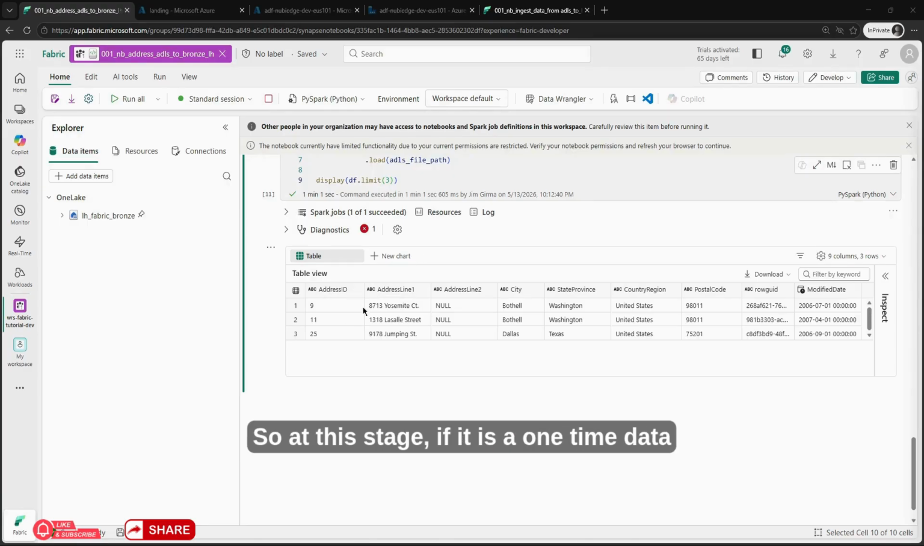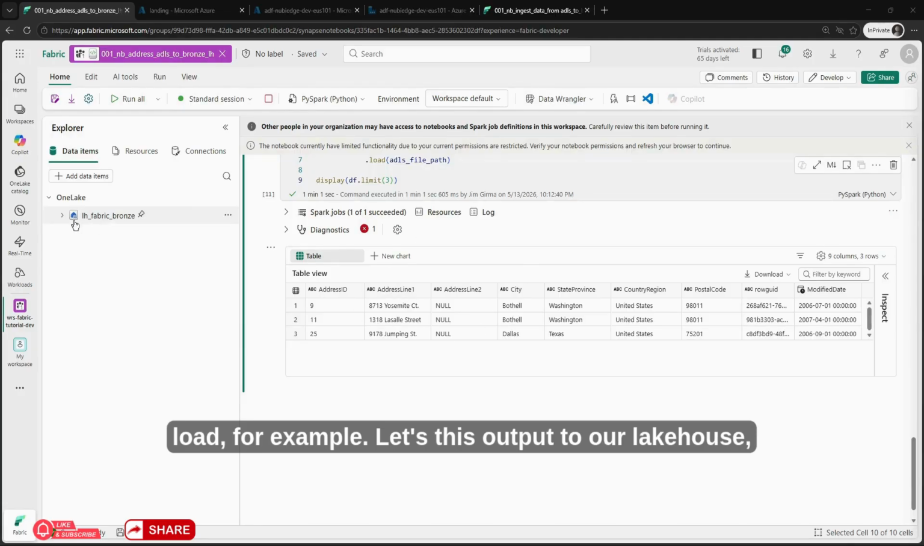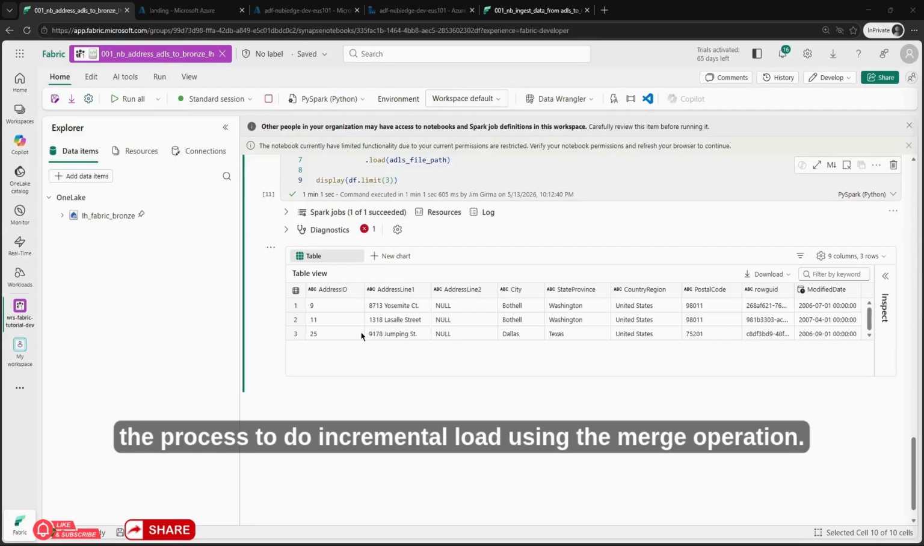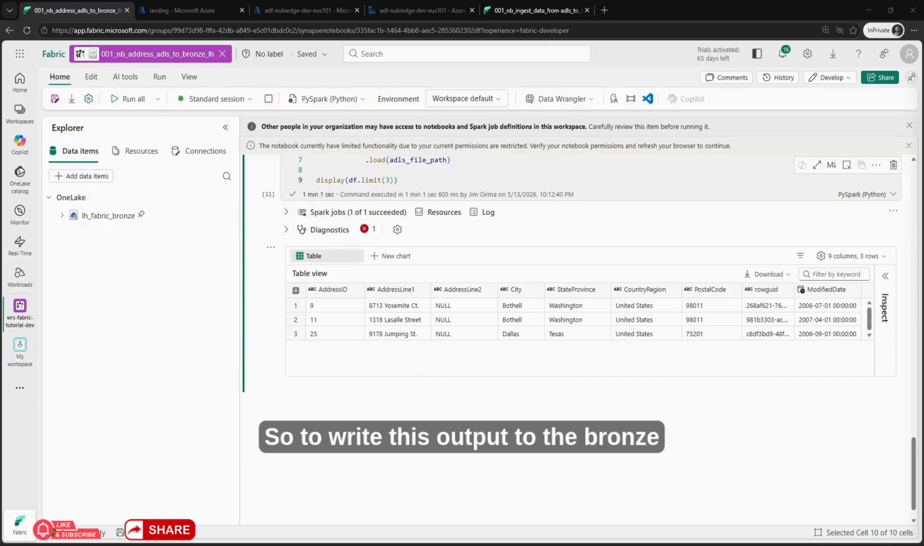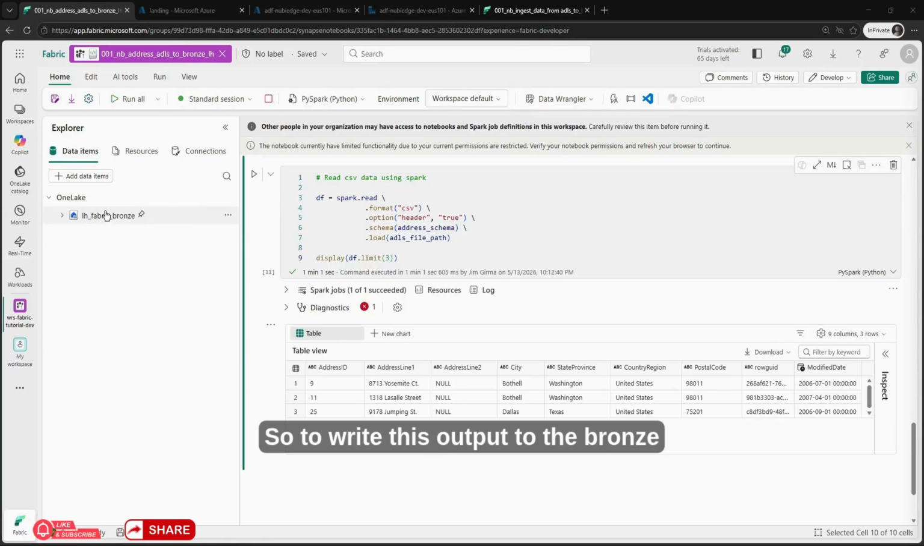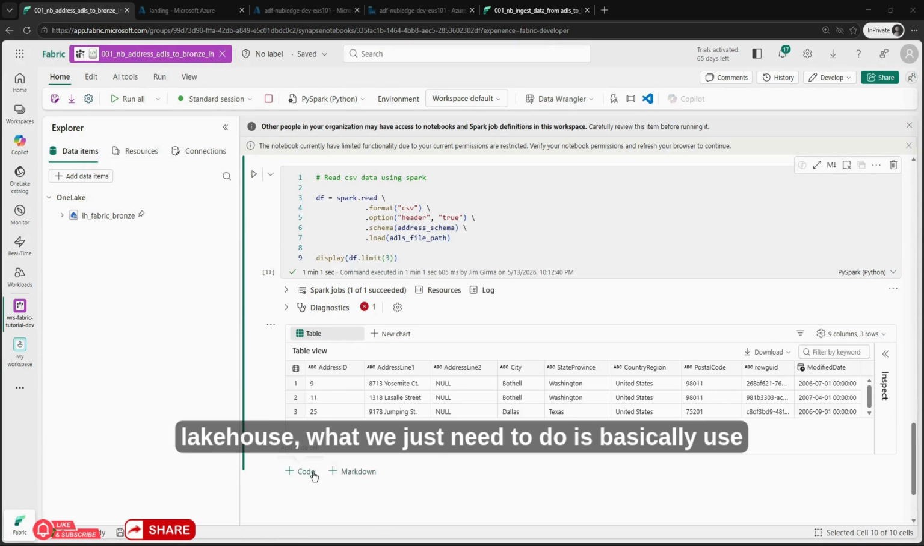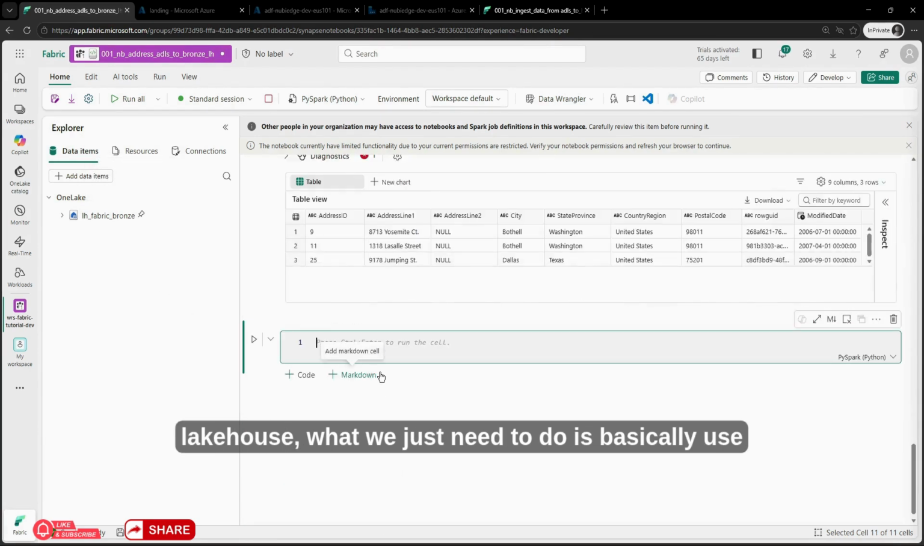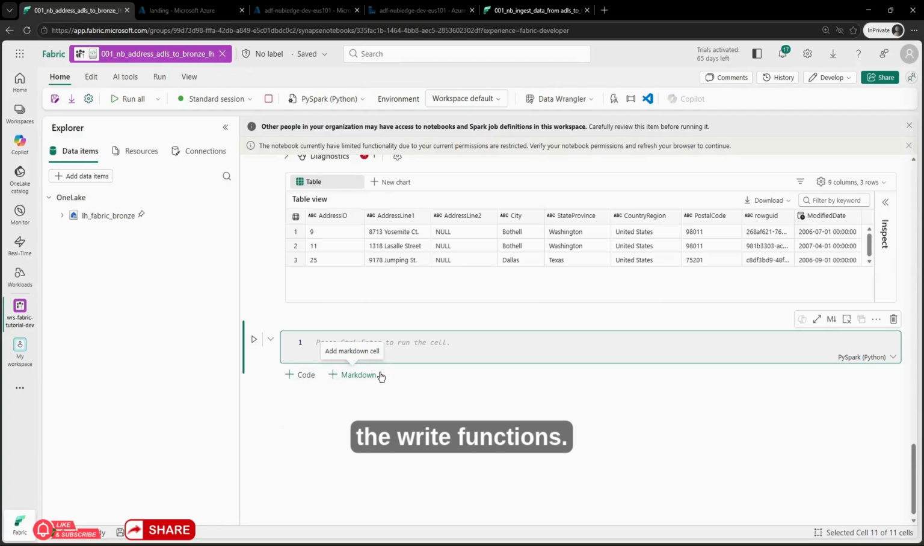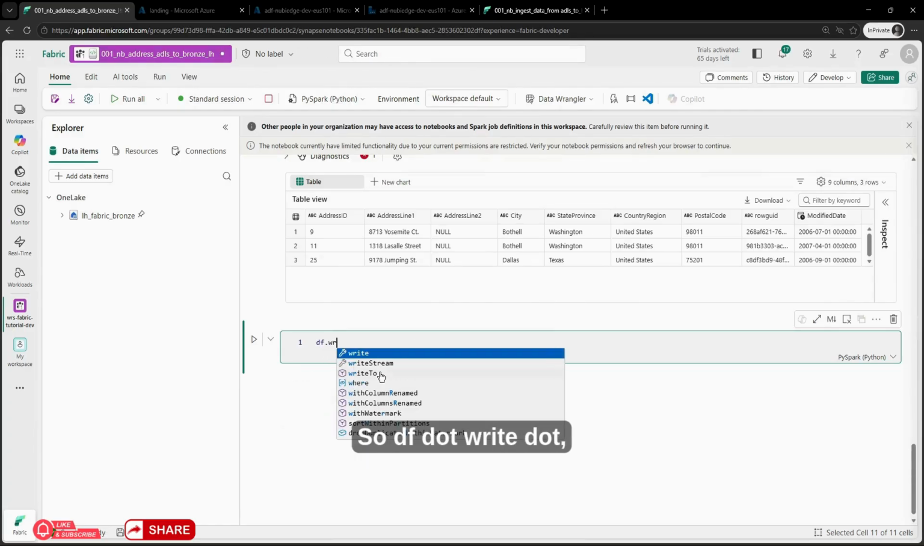So at this stage, if it is a one-time data load, for example, we can write this output to our Lakehouse, the Bronze Lakehouse, and let's actually do that. And then later on, we can come back and enhance the process to do incremental load using the merge operation. So to write this output to the Bronze Lakehouse, what we just need to do is basically use the write functions. So df.write